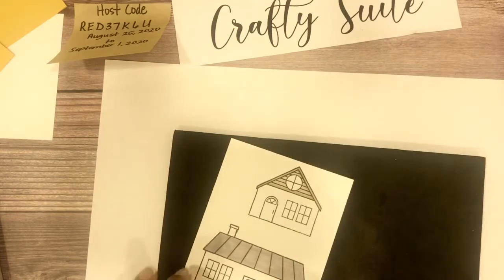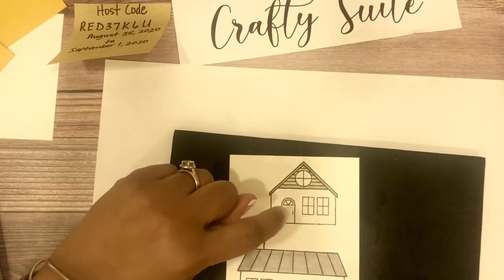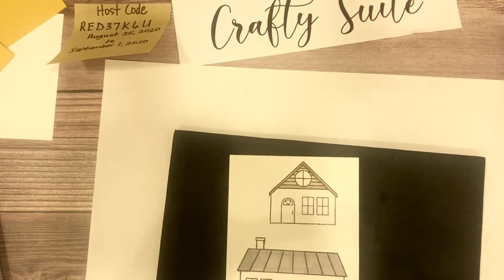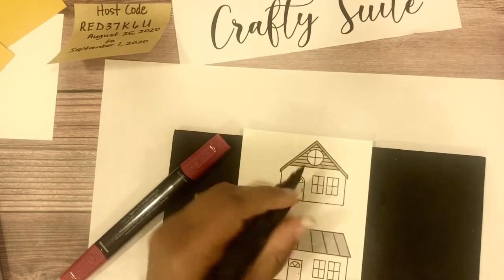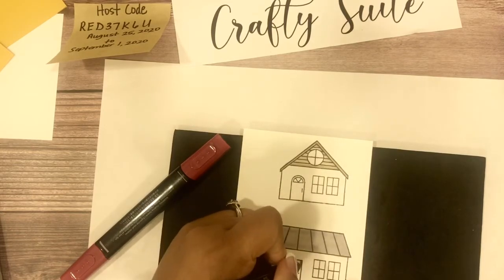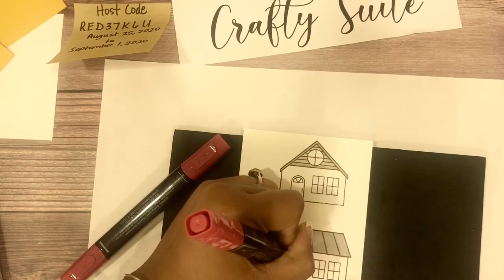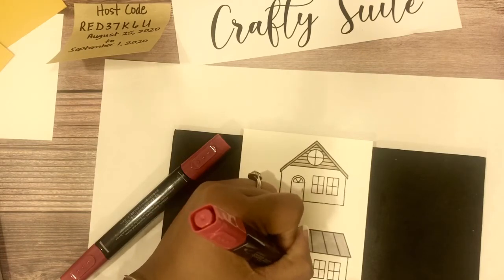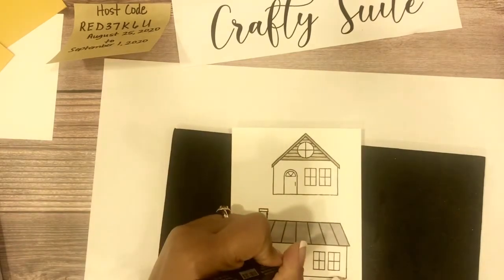Okay, so now I'm going to color my door down here at the bottom, because when I meant to take my ink off that one, I'm going to have to color that one again. All right, let's see, light cherry cobbler. I'm going to have to stamp that one again, guys, because I meant to mask off that door. I guess you could have two doors if you wanted, but I don't want two doors on this house that I'm making. That's fine, because now I can show you how I mask it off to get rid of that door. Okay, so light cherry cobbler, and then I'm going to take my dark cherry cobbler